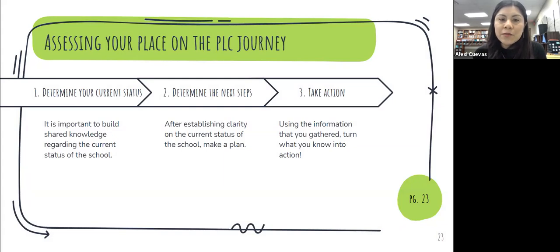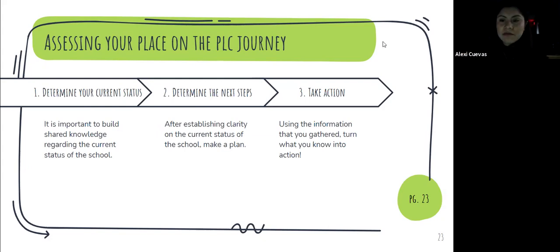So to assess your place on the PLC journey, you will first determine your current status. So you will use, sorry, let me turn on the